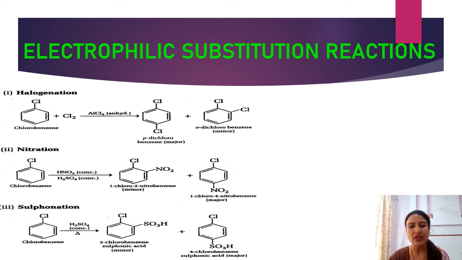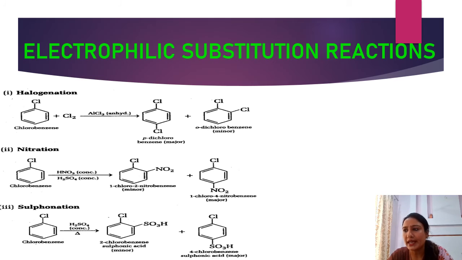Next is our electrophilic substitution reactions. Haloarenes undergo the usual electrophilic reactions of the benzene ring, such as halogenation, nitration and sulfonation, as you see in the diagrams, and Friedel-Crafts reactions, in which alkylation and acylation are both included. The halogen atom, besides being slightly deactivating, is ortho-para directing. Therefore, further substitution occurs at ortho and para positions, not at the meta position.